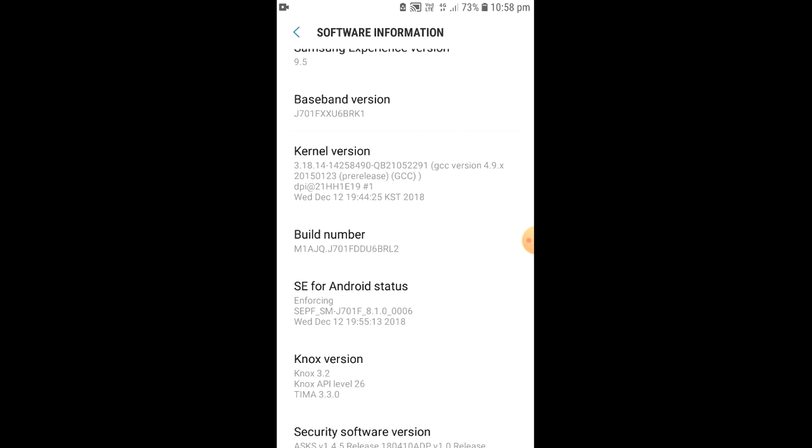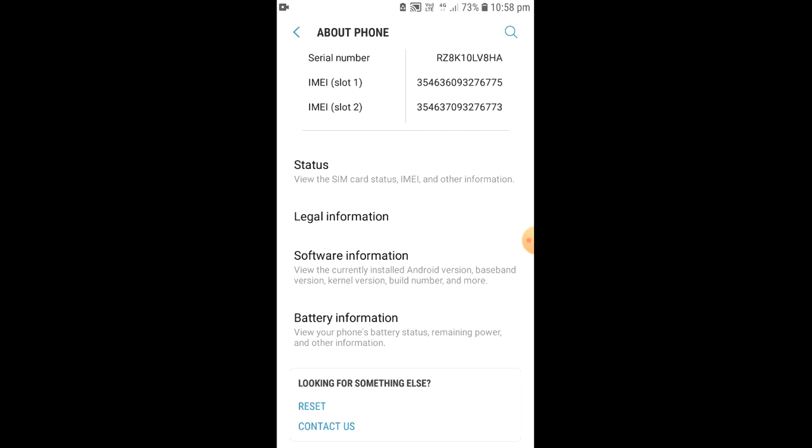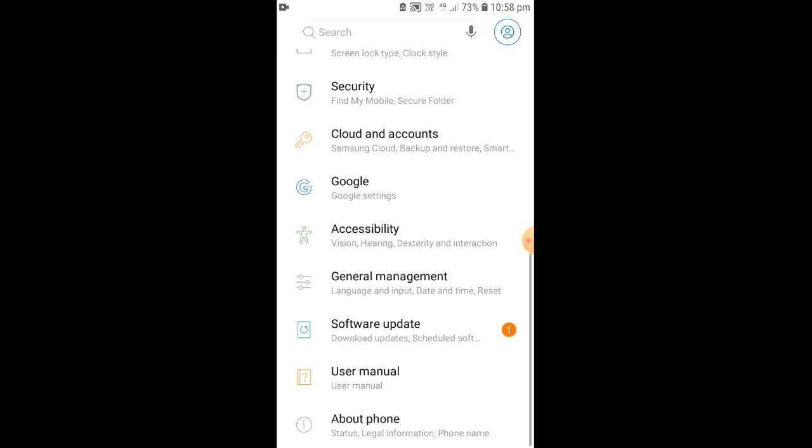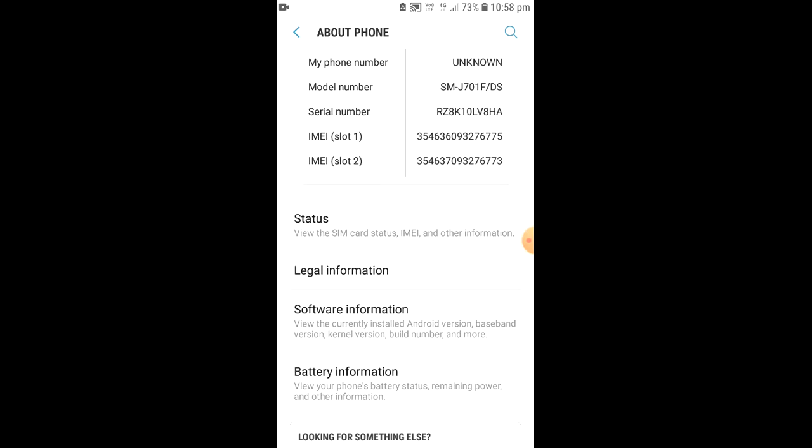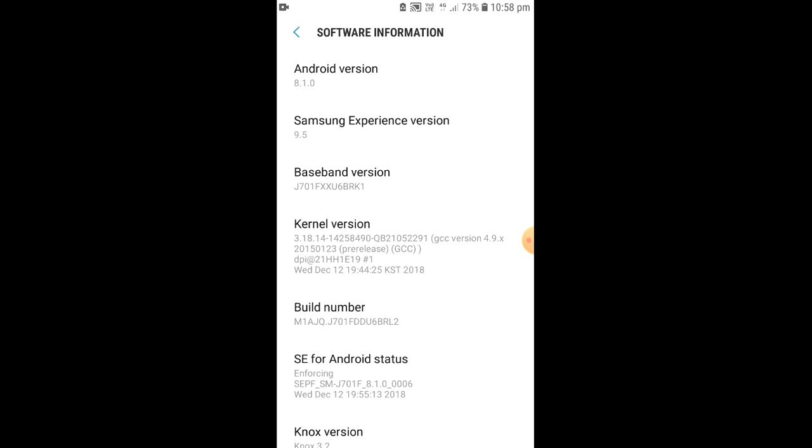Search for the build number. It is not mandatory that every phone shows status, legal information, software information, and battery information like this, but anyhow, you will see About phone. Inside About phone, search for the build number.